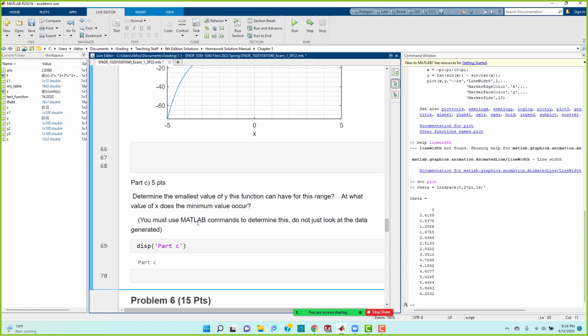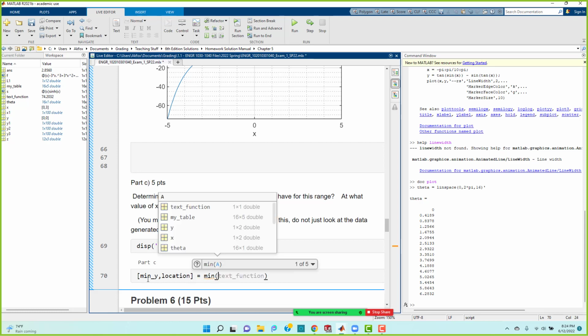Determine the smallest value of this function in this range. Determine the value of the function y for this range. At what value x does it occur? Well, it's pretty obvious because it's going to be right there at -5. But hey, so we're going to say minimum value of y and its location is equal to min of